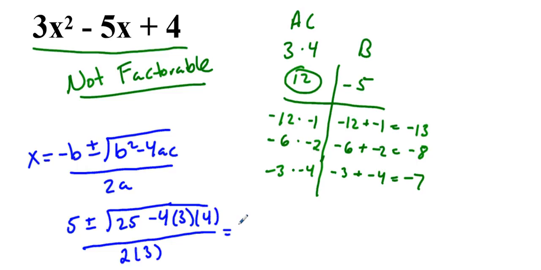When we have this, we have 5 plus or minus the square root of 25 minus 4 times 12, which is 48,